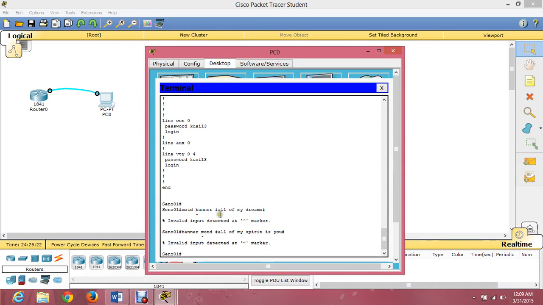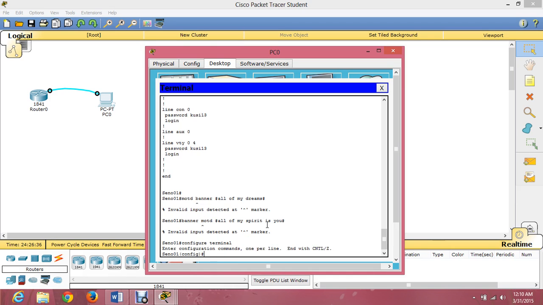I'm sorry guys, if we will create a banner, we just enter the global execute mode, type configure space terminal, enter.